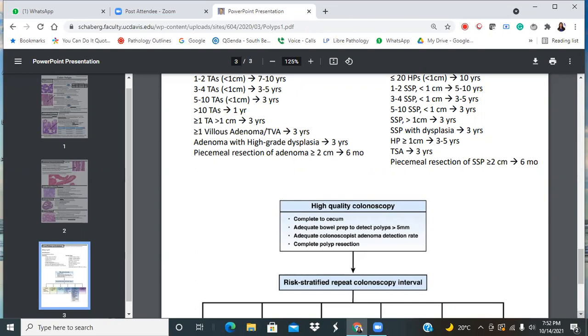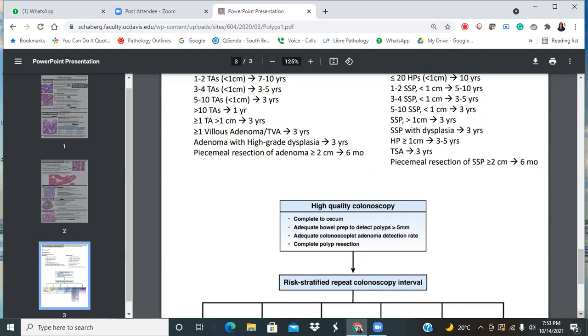However, if I have a single piece with an intact margin and a nice stalk, which is inked and it's negative, then my diagnostic line will say margin negative for dysplasia. And sometimes I will say the deep margin versus the mucosal margin, because sometimes the deep margin, where the muscle is, is negative, but at the mucosal margin, where the epithelium is, I still have some low-grade dysplasia. So I would say deep margin negative for high-grade dysplasia, mucosal margin shows focal low-grade changes, okay? So it's very important to have it in one piece.